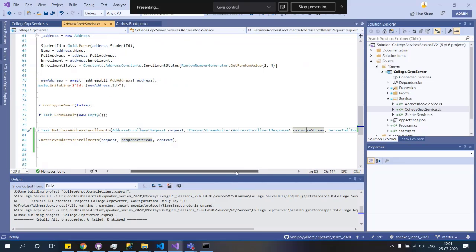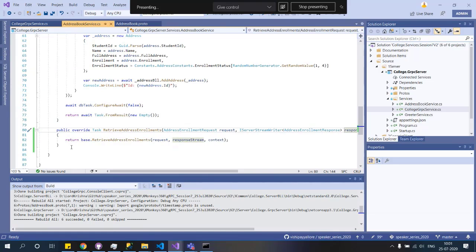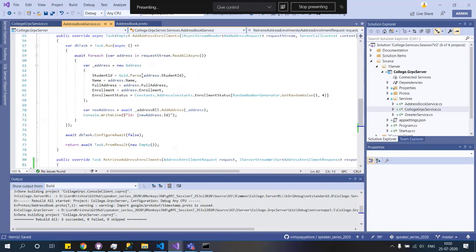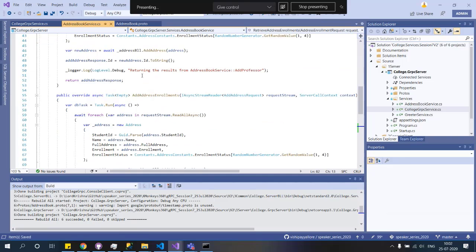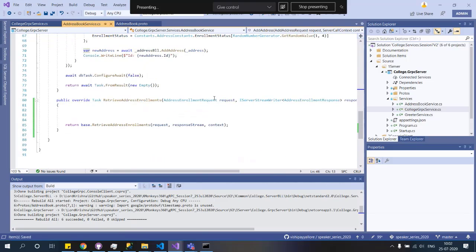First thing first, we'll go and grab the set of rows. For that we need to call the business logic layer. We call it address enrollments. We'll build piece by piece.